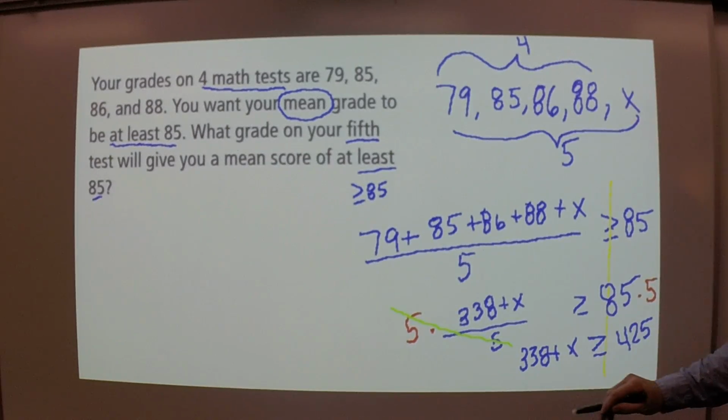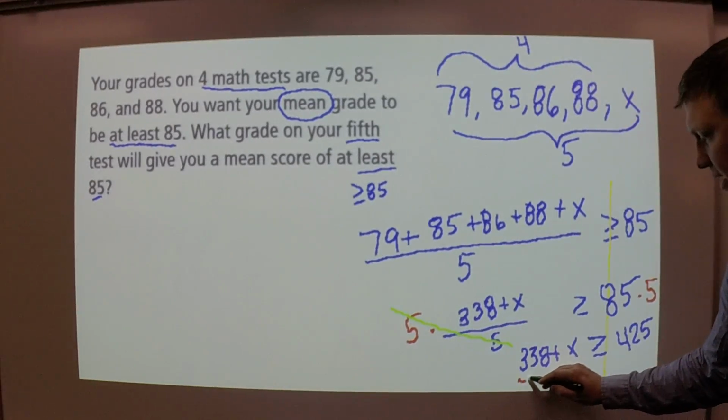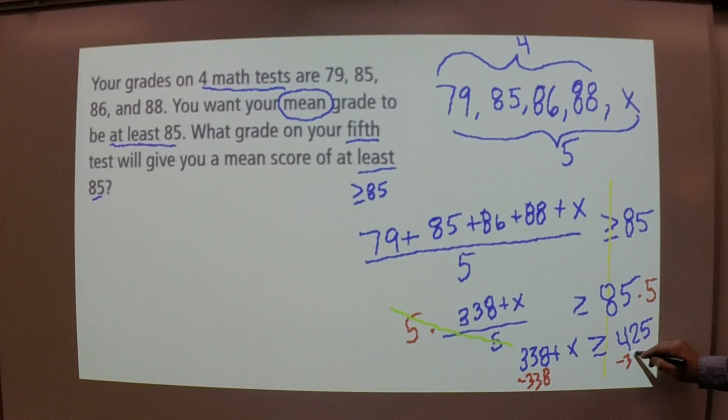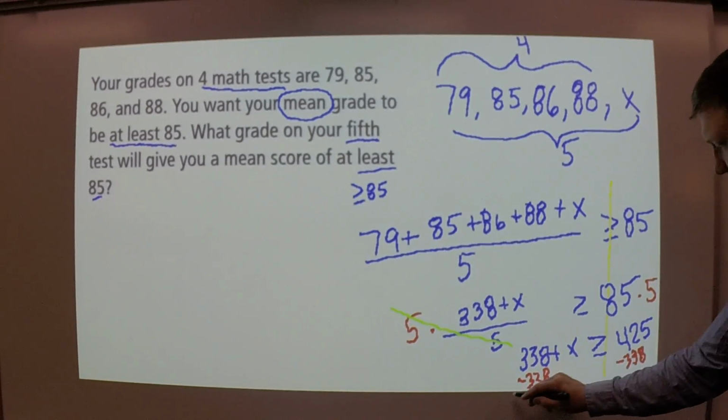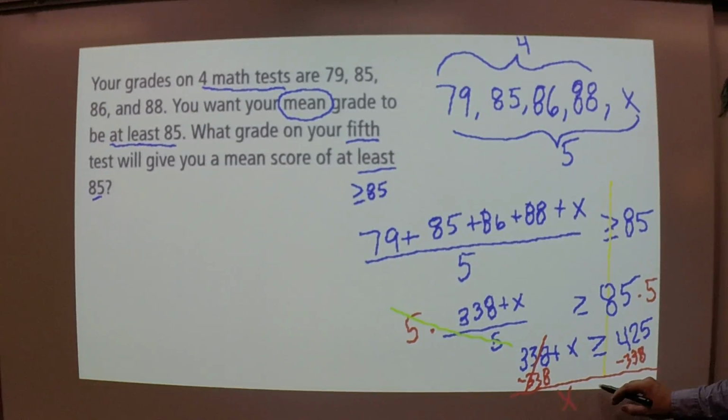And I'm going to subtract 338 from both sides, and I get minus 338 here and minus 338 on both sides. I draw a line under that, these cross out, I end up with x is greater than or equal to, and you do a little subtraction, 425 minus 338, and you get 87,